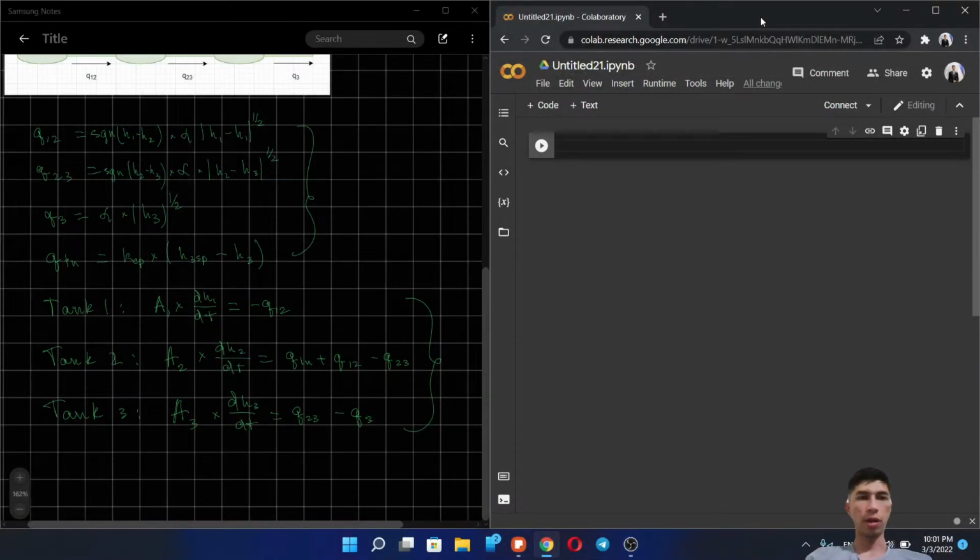As we are already done with our model and have determined 3 differential equations, we can start writing code to solve them. As always, let's start by importing some of the libraries we are going to use. We're going to use NumPy, importing it as np, and we're also going to use Plotly for plotting. So from plotly.subplots, we're going to import the make_subplots